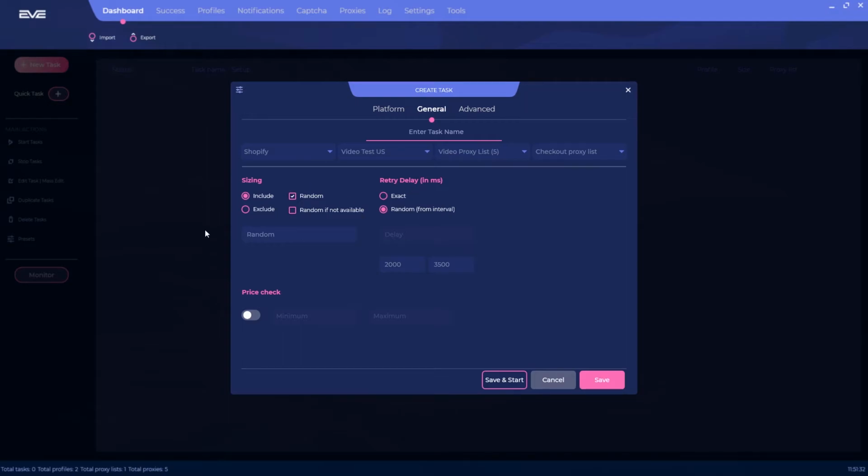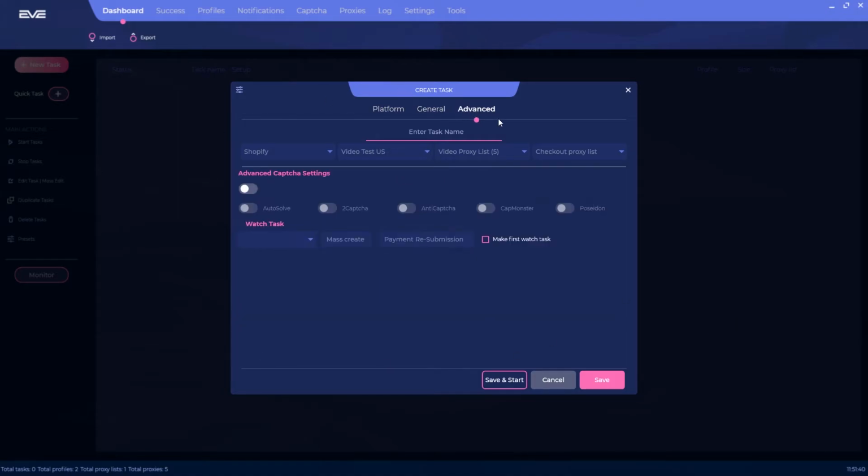For the general section, for sizing, I'm just going to go with random. And for the retry delay, we can keep that the same. For price check, if you want to do that, you can. I'm not going to do that. For advanced, you have all these options here. I'm going to be using the bot capture solver, which I'll show you in a second, and I'm not going to configure this either. For the task name, we're going to call it video test Shopify, and then I'll hit